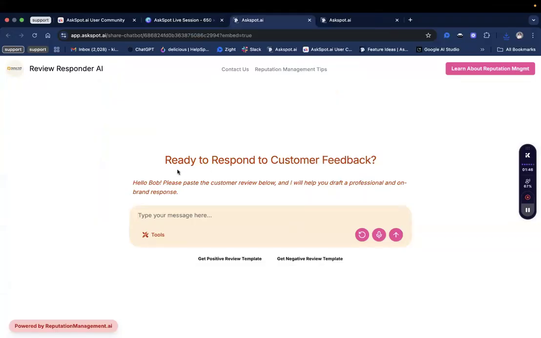The problem is, responding to too many customer reviews, right? Especially the negative ones. It can be a huge time sink, of course. So it's tough to stay professional, stay on brand, and stay empathetic every single time. So we're going to build this AI assistant that does the heavy lifting when it comes to responding to customer reviews. We'll just simply paste the customer review right here, and then the AI will draft a perfect on-brand response